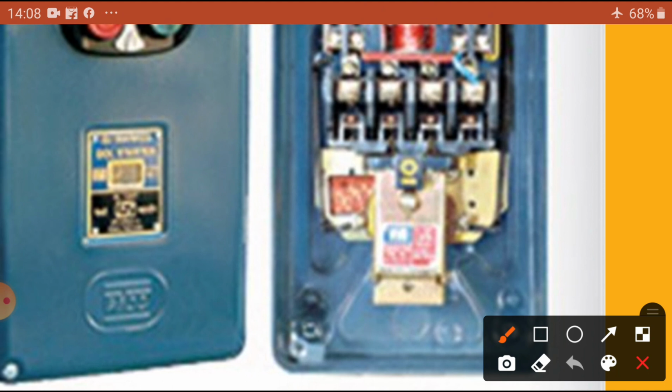Here you can see this is the one coil. Current setting we can take it, that is, how much current it has to withstand. And there are the switches, you can see these are the switches. Just as we have seen, this one and this one, these knobs are nothing but these 2 switches provided here.